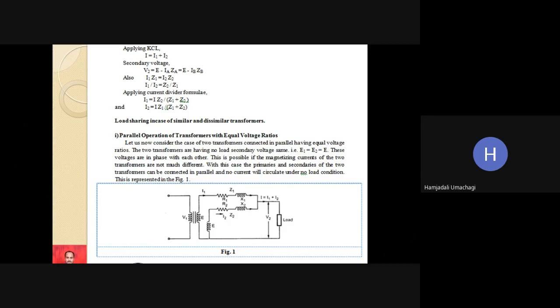And this is the circuit diagram for parallel operation of two transformers with equal voltage ratio. Equal voltage ratio means E1 equal to E2, that is equal to E. This is the first transformer and this is the second transformer, both connected in parallel. The load shared by the first transformer is I1, the load shared by the second transformer is I2, and both transformers are sharing the common load. Okay. Now,